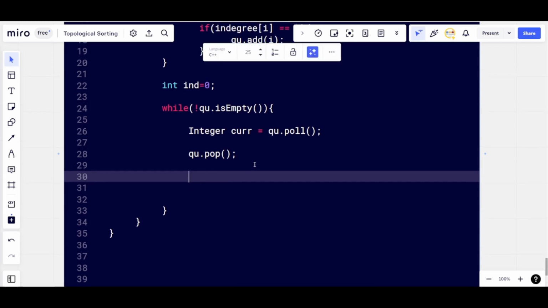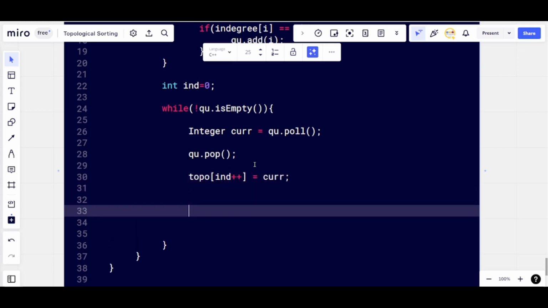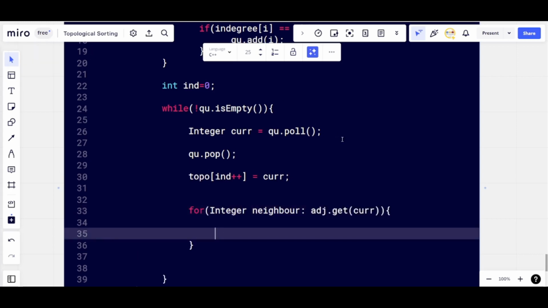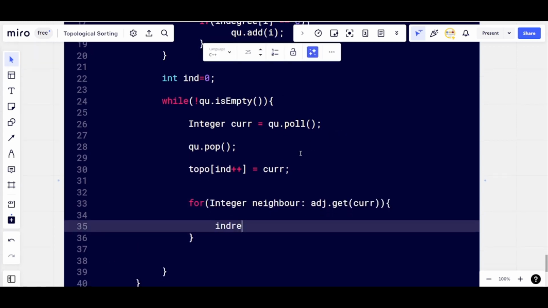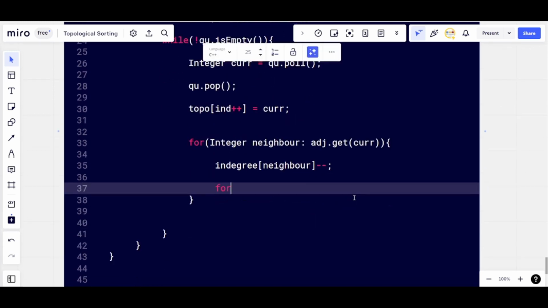So I will store this current node into this topo array, with index plus plus, for this current node. Now iterate over the neighbor nodes of this current node. For neighbor nodes, the in degree decreases by 1. Then check if the in degree goes 0 for the neighbor node,